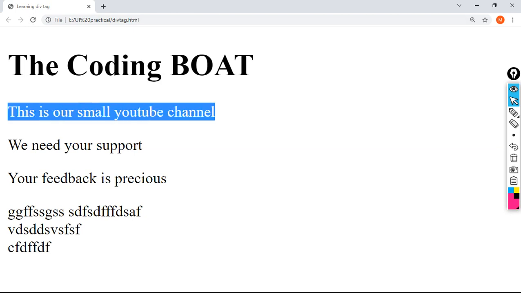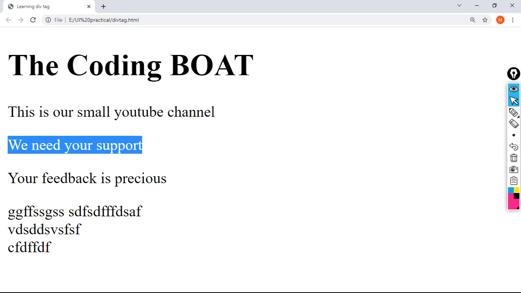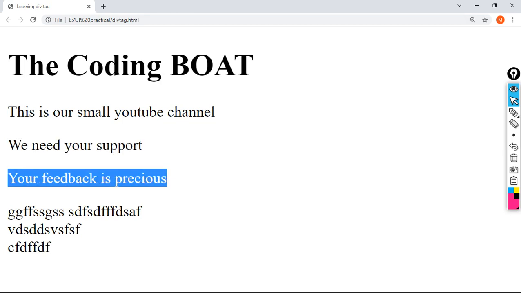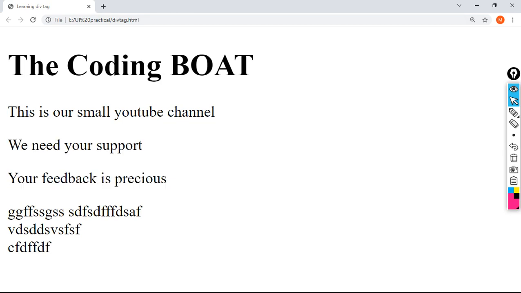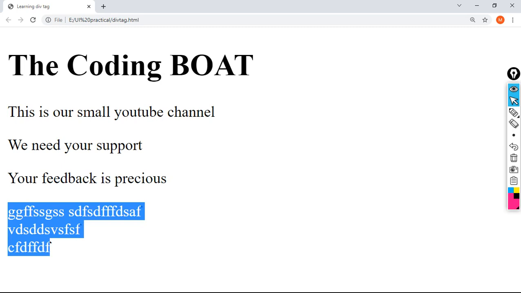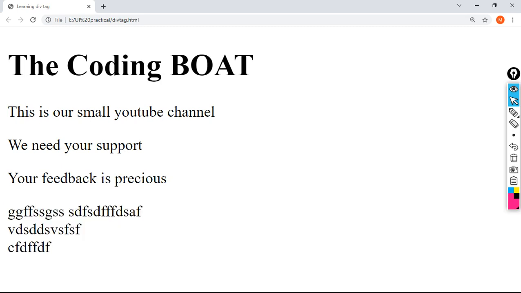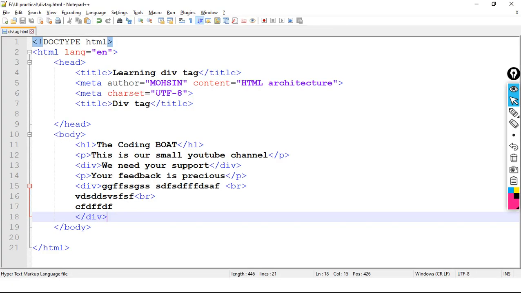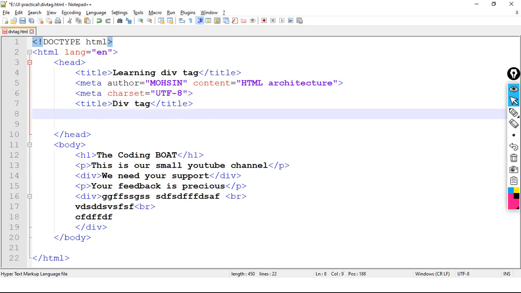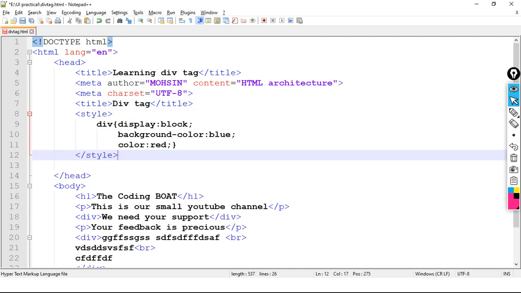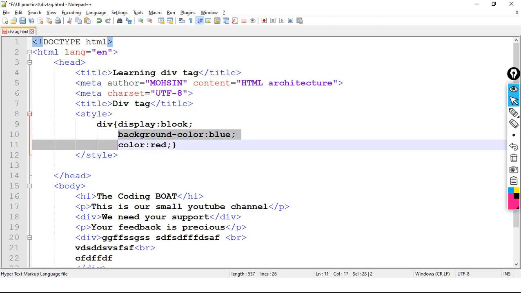This is one paragraph, div paragraph, and this is the complete div tag here. Now I am again using the style tag, display block.